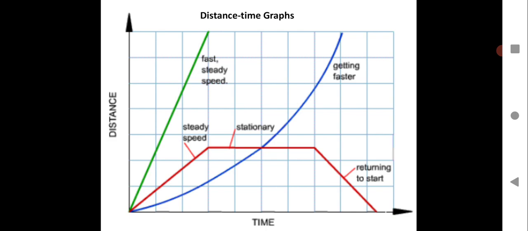What about the blue line? That means the motion of the object is getting faster. So this is how the lines on the distance time graph can be interpreted. You can interpret the motion, or you can interpret the speed of an object. This is how you will interpret, children. Just have a look, and I hope this is very clear with you all. So steeper the slope, more the speed of the object.